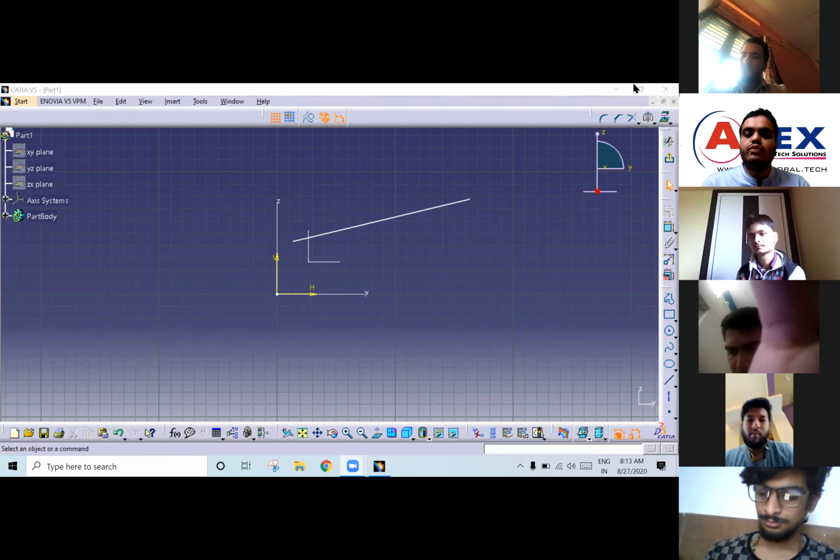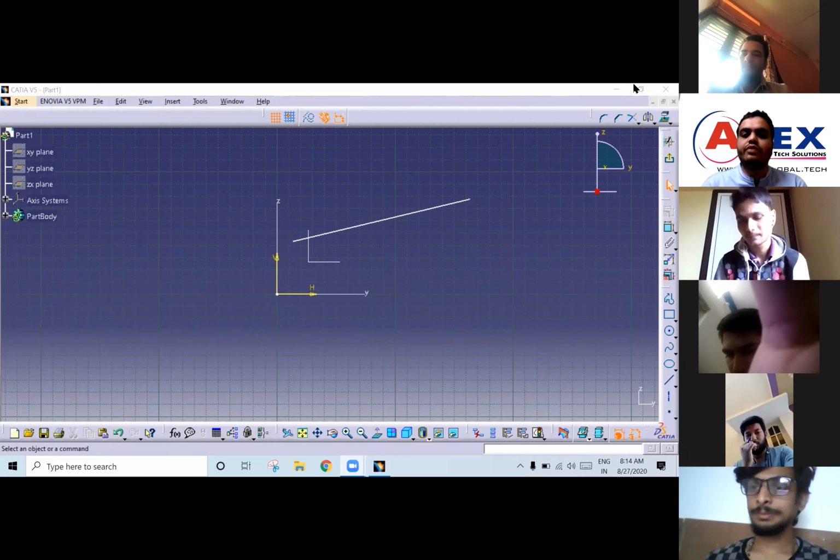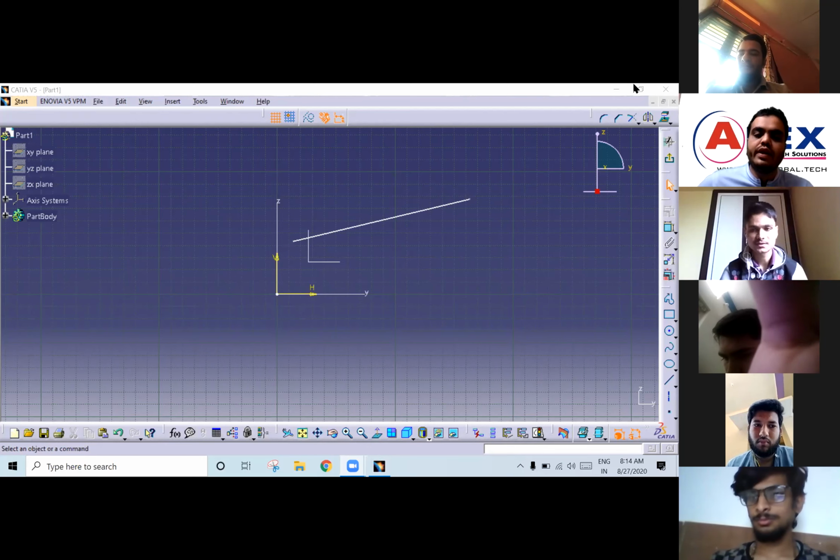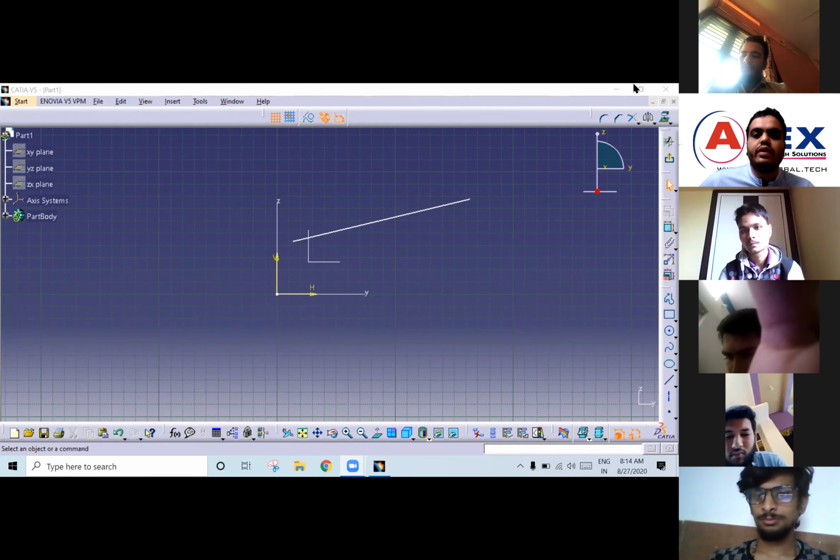Whatever sketch you create, if it is in green color, that means it is fully constrained. I will tell you how to check the status of constraints. Blindly you can't decide the status of constraint. We have one method, I will show you.